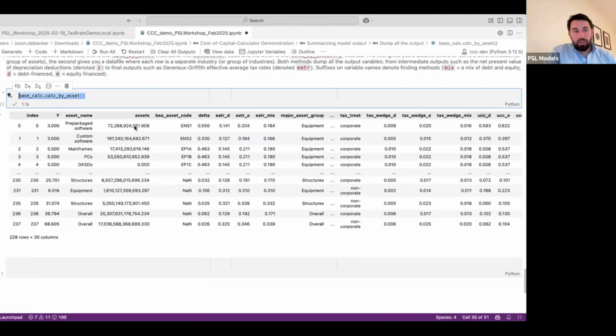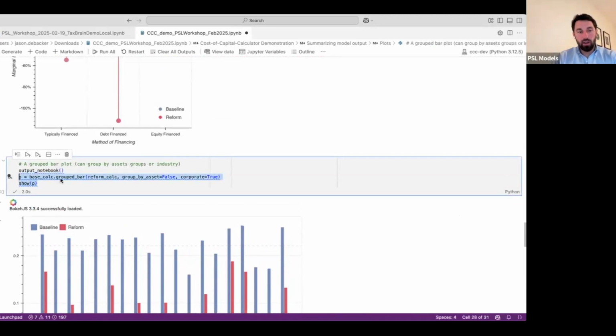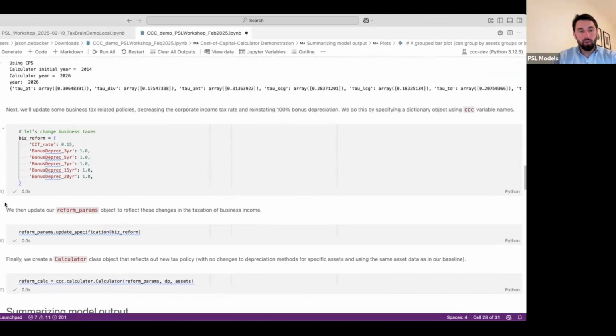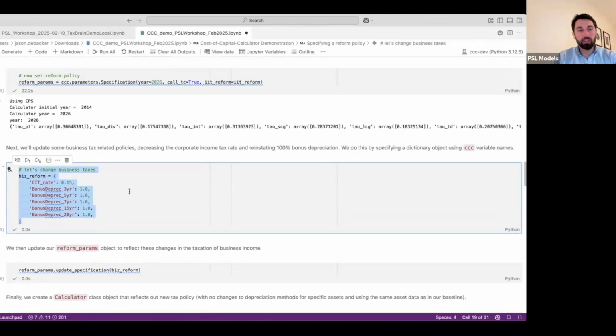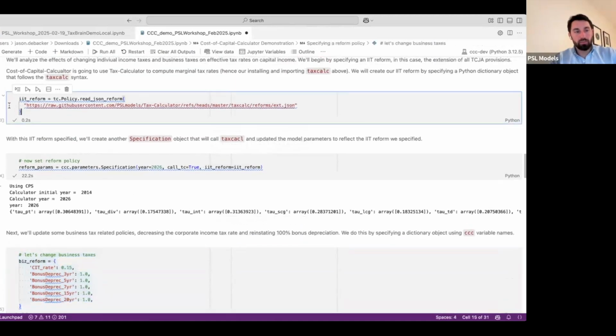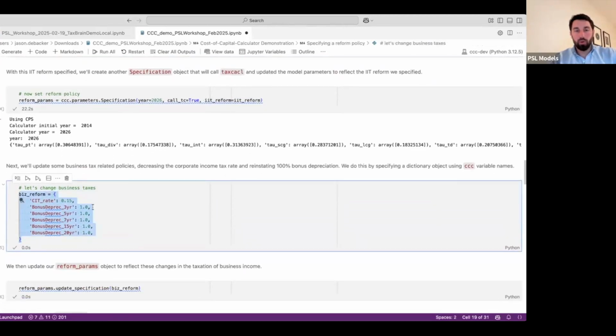So just to summarize what this notebook is illustrating, it's illustrating how you can interact with that cost of capital calculator through its Python programming interface. And really, you can see here, once you've set up that calculator object, you can produce plots and tables, and you can just dump all the data. And the real learning curve is, how do you format these different policies? Okay. And we talked about tax calculator before, and those individual reforms and how you specify those. And I pointed you to that documentation. And for these business reforms as well, we've got